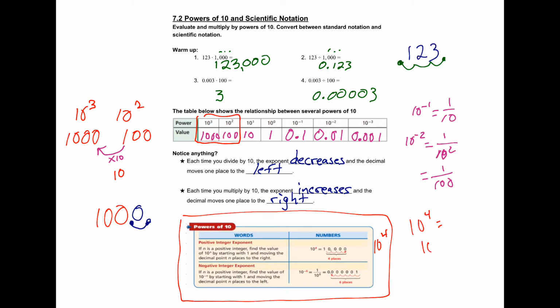means that we're going to have 4 zeros, that number gets bigger. So we get up to 10,000. And if the number is 10 to the negative 6, that negative tells me the number is going to be small, which means we're going to have to take a number and make it smaller. So we always start with 1, and